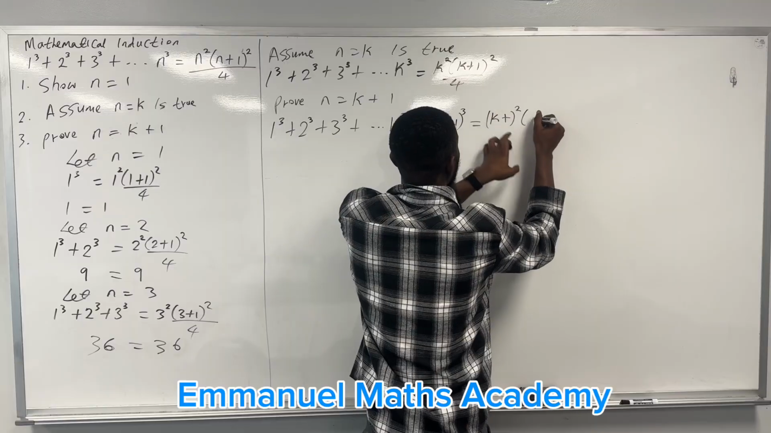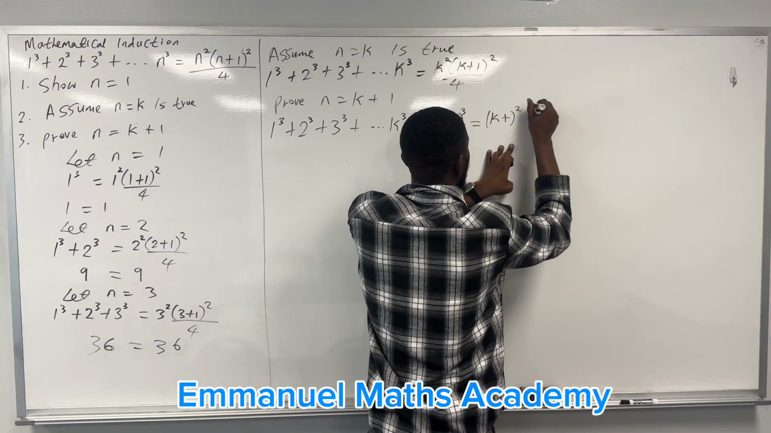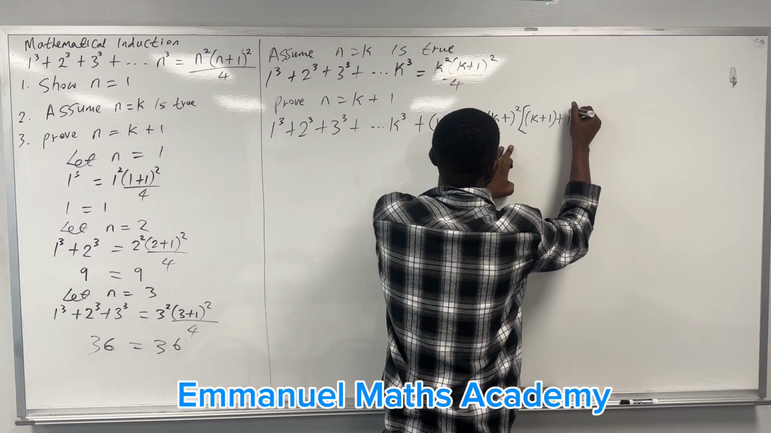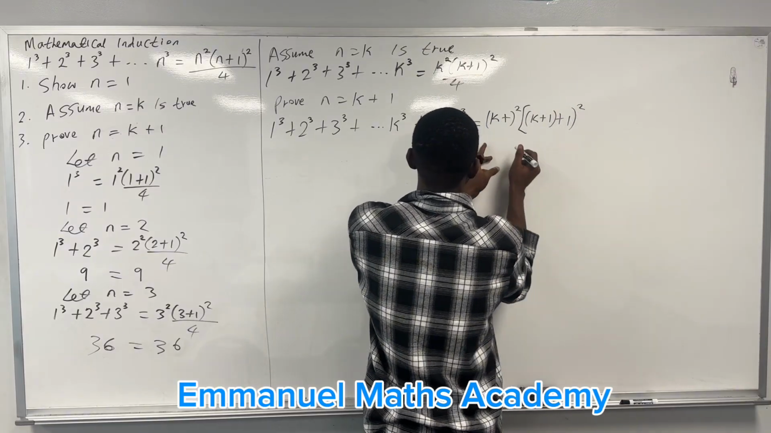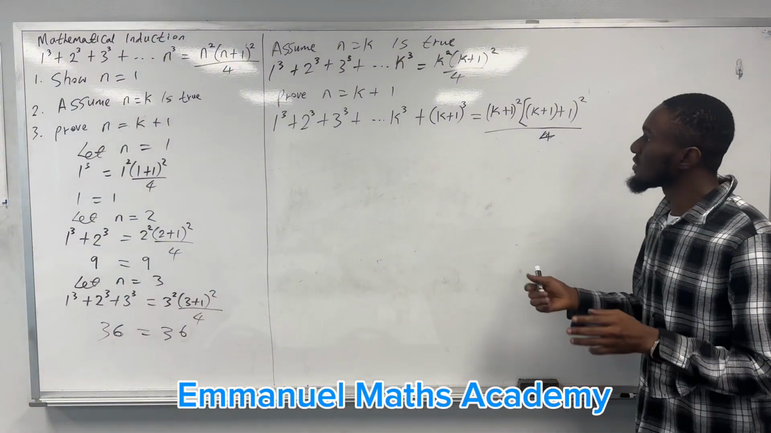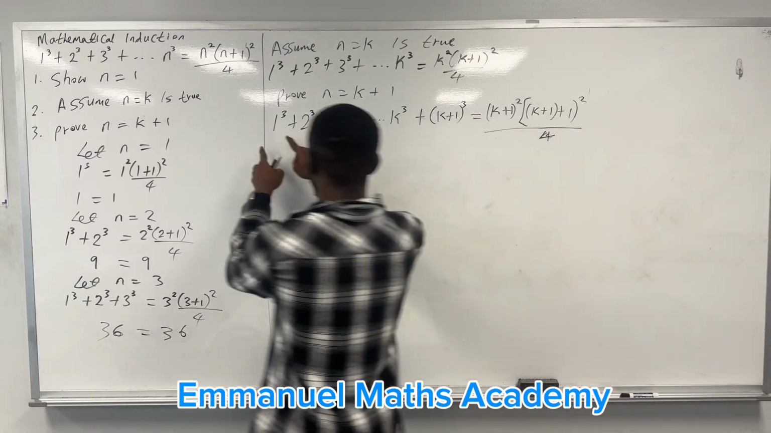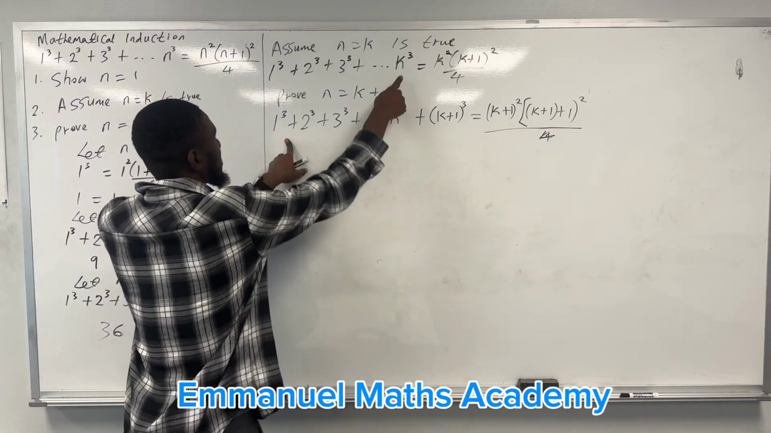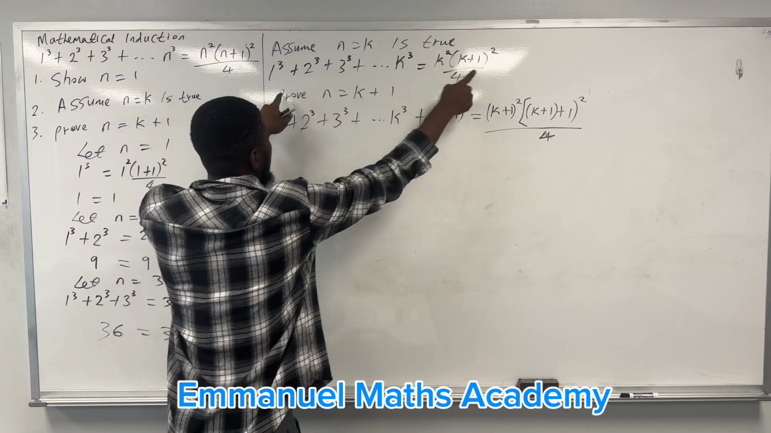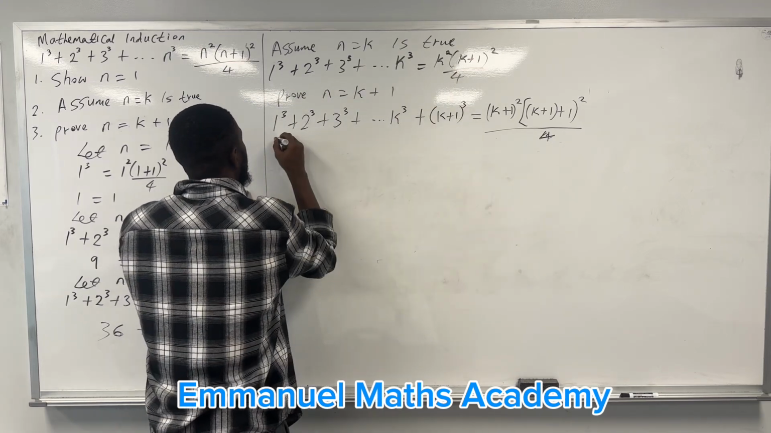And also here we have what? K plus 1. Let me put it this way: k plus 1, all power 2, right? Over 4. If you look critically, notice that all this that we have here, from this place to this place, is the same thing as what we have here. And all these things here is equal to this. So you have to replace this as this. So all this